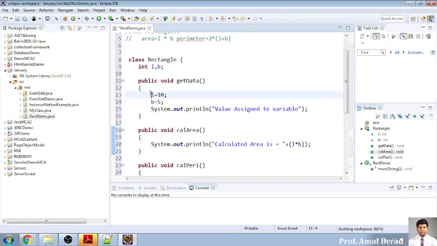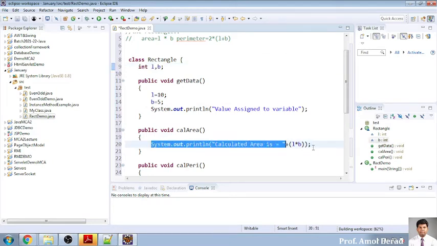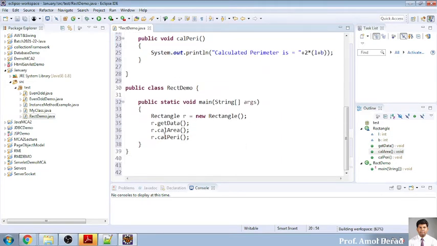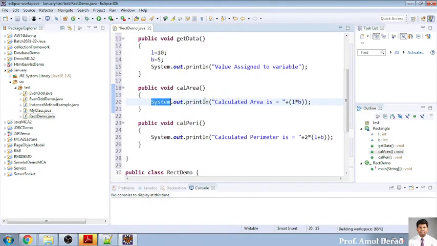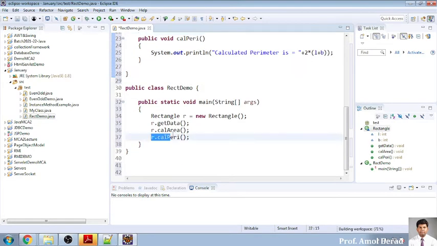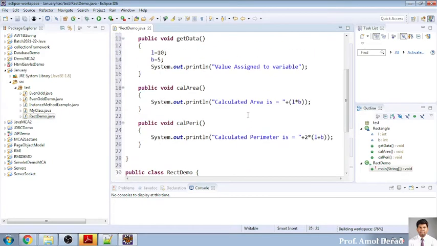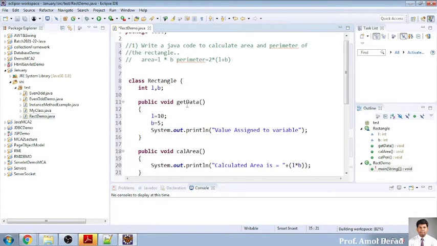So whatever you have written here will be assigned globally, and this can be accessed within this function also. So you are calculating the area of a rectangle, length into breadth. It will be displaying because we are directly displaying the values over there, and the last one will be the calperiphery. The input given is the length is 10 and breadth is 5.